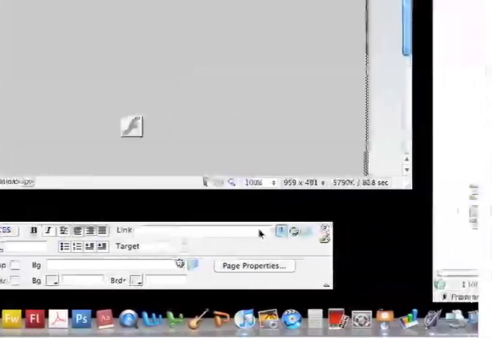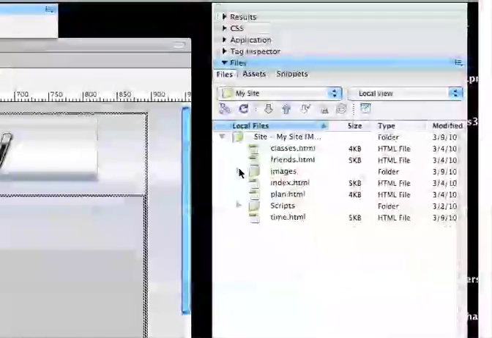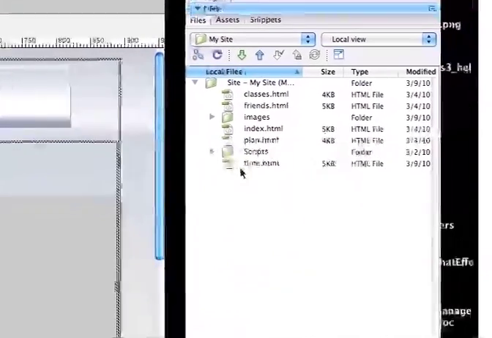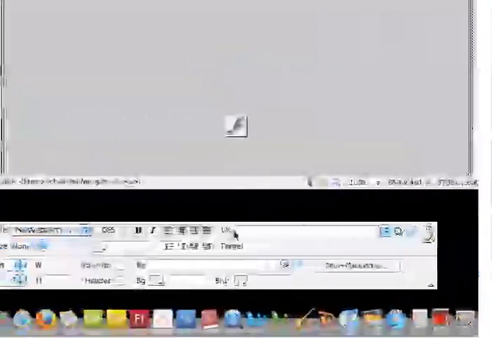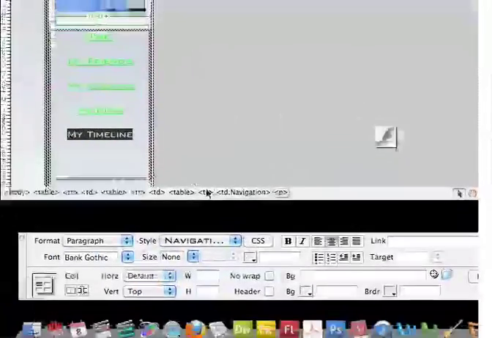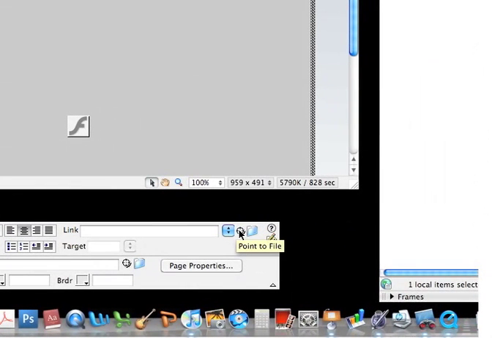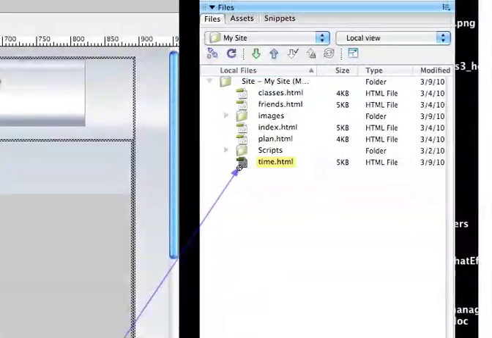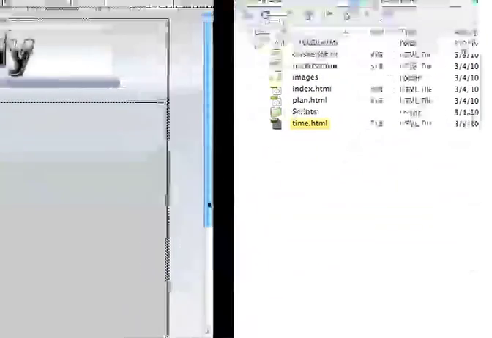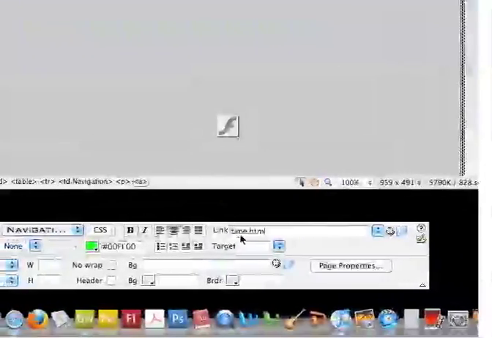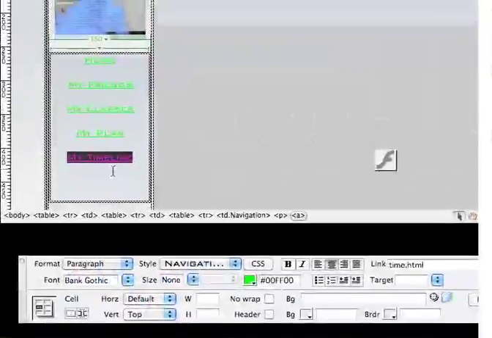And if I come over here right now, link is blank, and I'm going to collapse the image file just so it makes it a little easier. This is the file I want to link to right here, timeline. All I have to do is, down here in the properties panel, still got that selected, to the right of the link, there's this little bullseye. And I'm going to click on that bullseye and drag to that time file and let go. And if I look down here in the properties panel now, it says time.html, and this has now become a